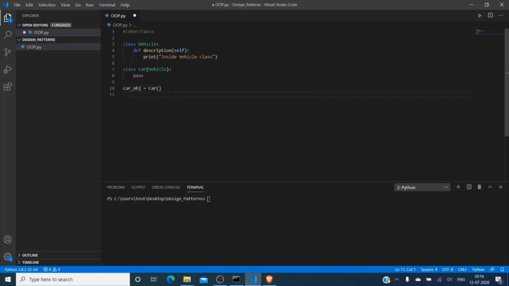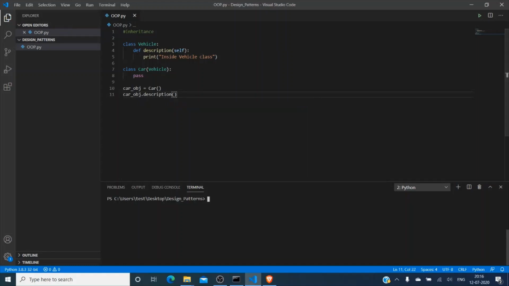Since this is inheriting the vehicle class, the car object can access whatever methods are defined inside the vehicle class. So here I can access the description within the parent class.